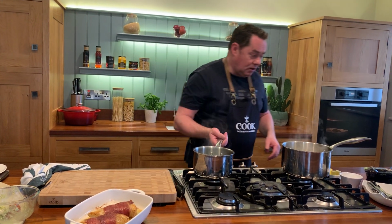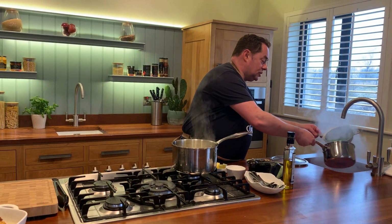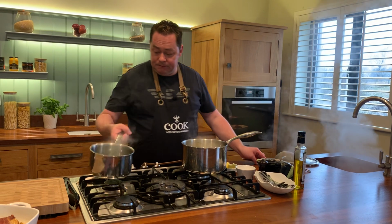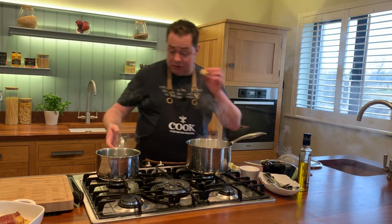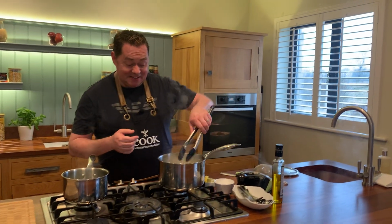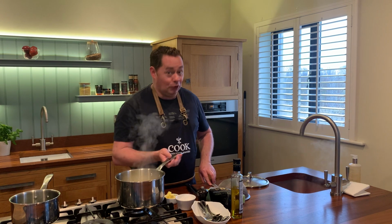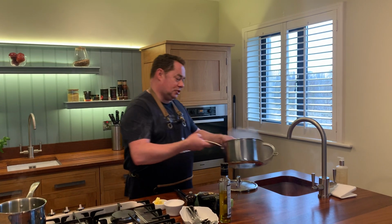So I'll strain the broccoli first, and then we'll strain the pasta. And usually just with broccoli, I like to keep it nice and simple. I already have salt in there, so a little bit of butter. And then with our pasta, you cook it until it's al dente, which means that it's just slightly firm to the bite, that it's not gone soft or mushy, or that it's undercooked. That's really important. So just strain this,